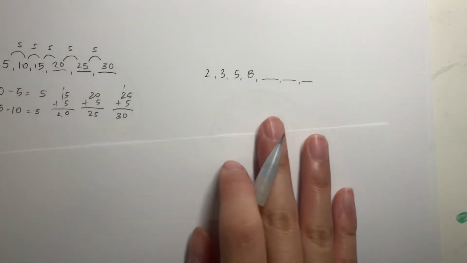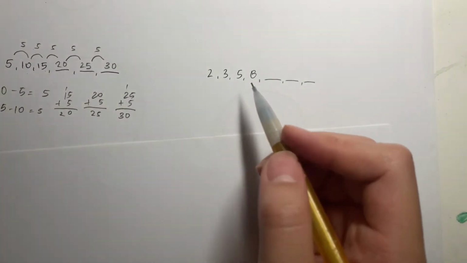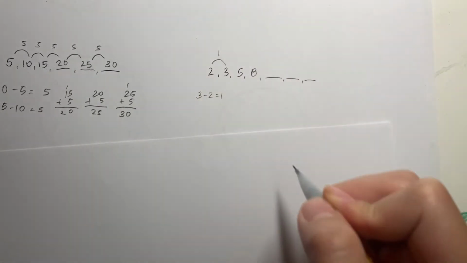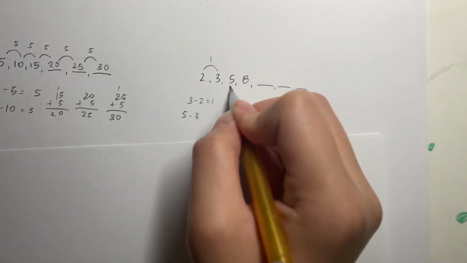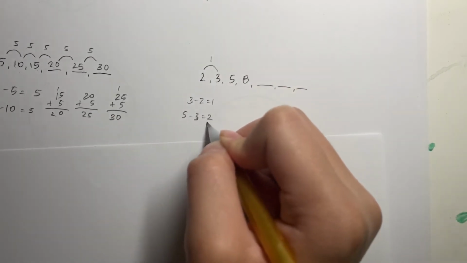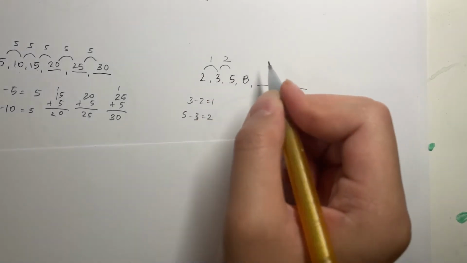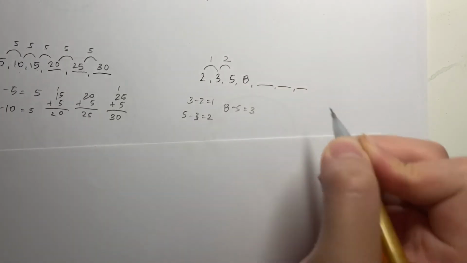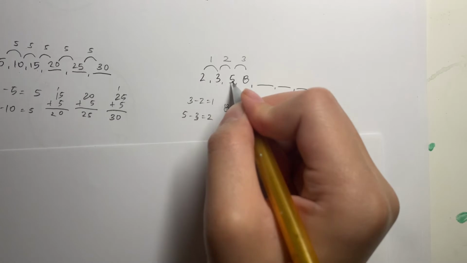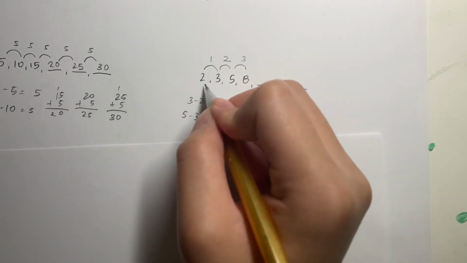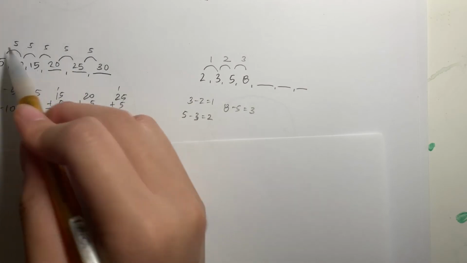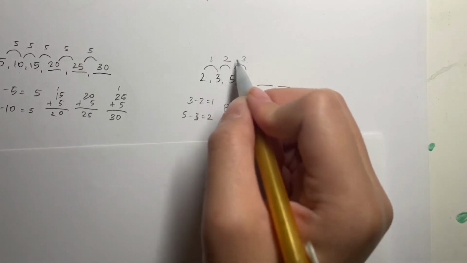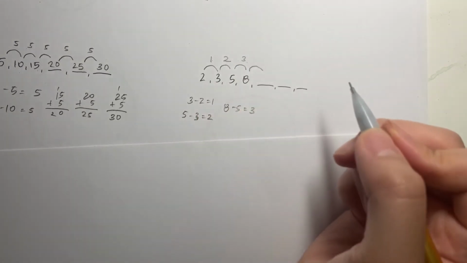Now let's do this one. Let's find the difference between each number to know what pattern we're going by. So 3 minus 2 equals 1. So the difference between these two numbers is 1. Now if we do 5 minus 3, these two numbers equal 2. So the gap between these two numbers is 2. Now the gap between 5 and 8, we'll subtract, is 3. So the differences are 1, 2, and 3. While in the earlier problem the gaps were all the same, here the gaps are changing. We have 1, 2, 3, which means we can assume that the next gap will be 4,